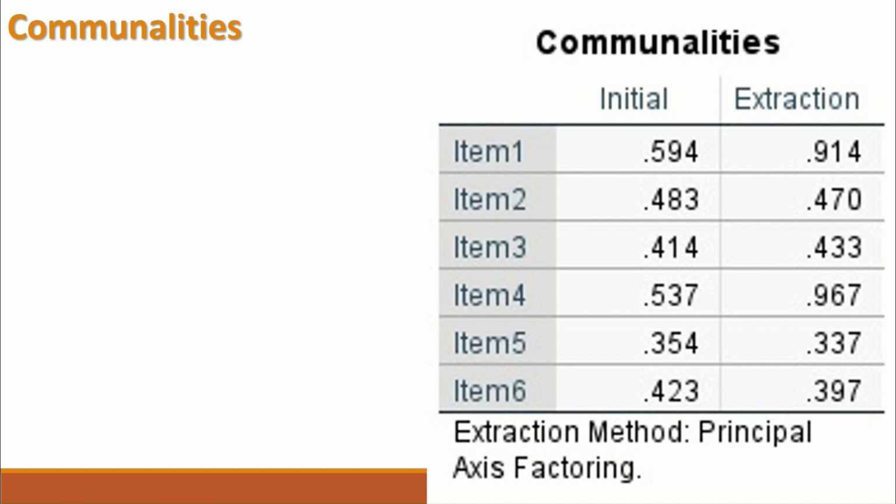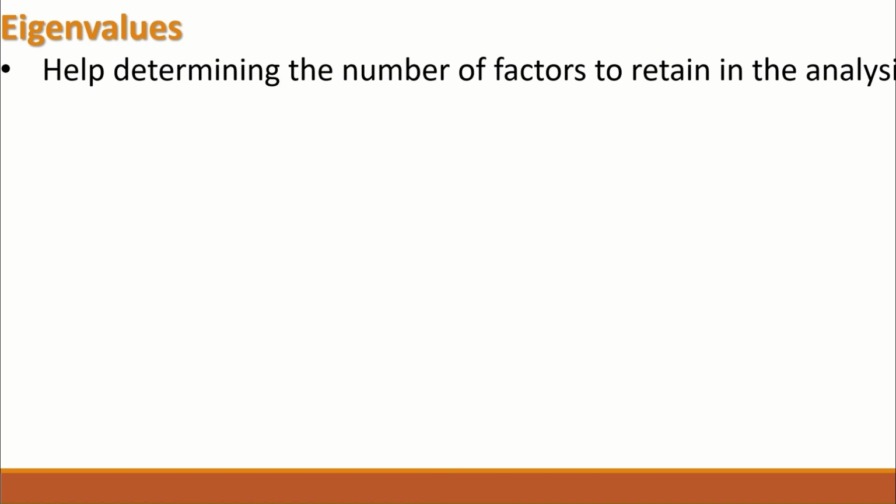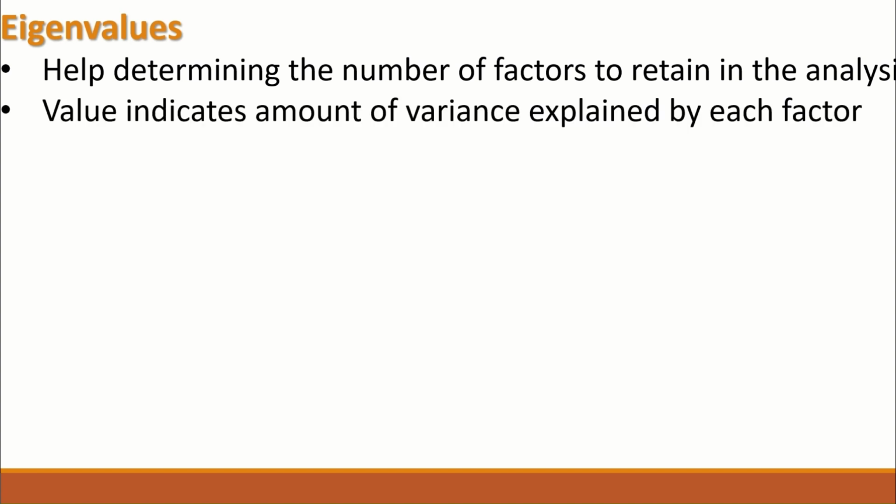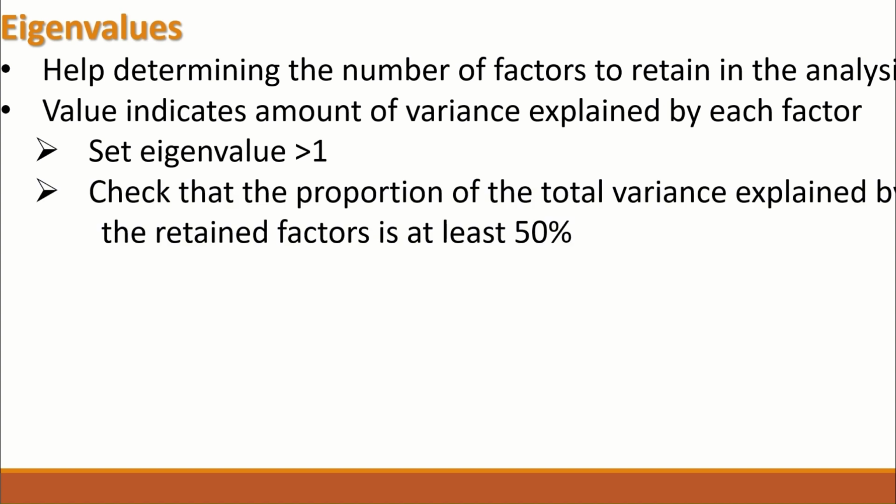Examining the communality value is essential for performing the EFA. There is another term that has to be checked when performing the EFA, which has to be determined prior to performing the analysis, which is eigenvalues. Eigenvalues help to determine the number of factors to retain in the analysis. The value indicates the amount of variance explained by each factor. Usually by default the eigenvalue is set at a value greater than 1, and the